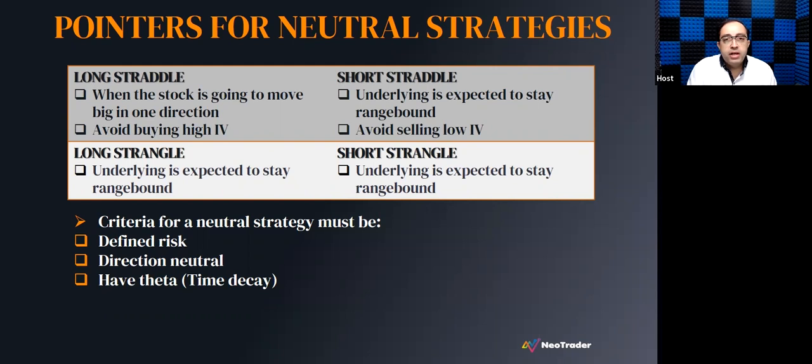Straddle is where the strike price is the same. Now, when you build a range and then you participate, that is when you get into a strangle. All right. For building a range, you have to identify the ideal supply zone and demand zone, and then you'll be able to build a range. You can do it on indices. Largely, people do it on indices, but you can do it on stocks as well.